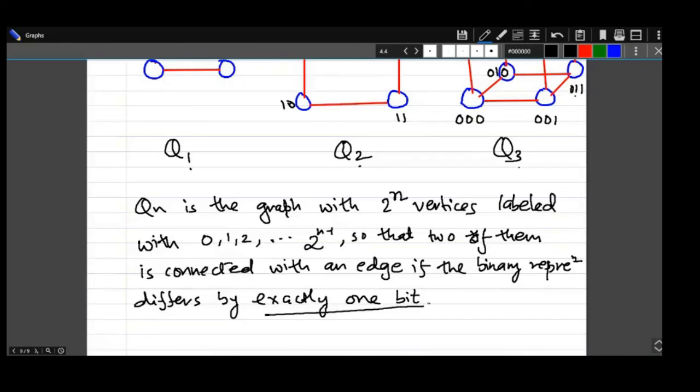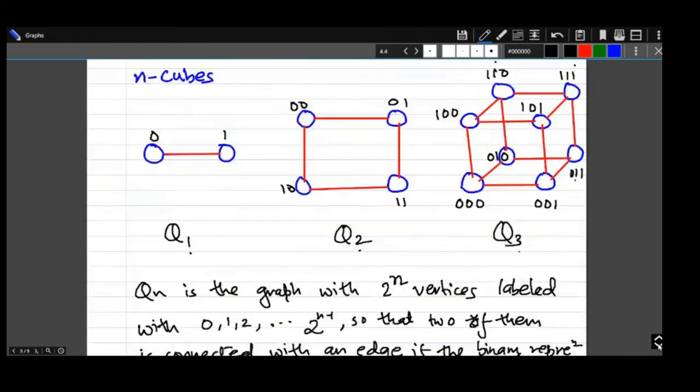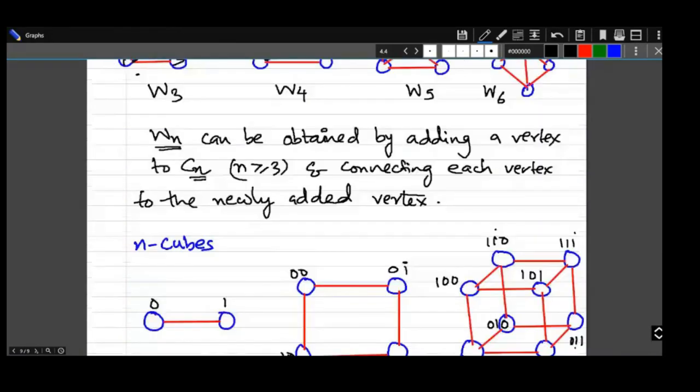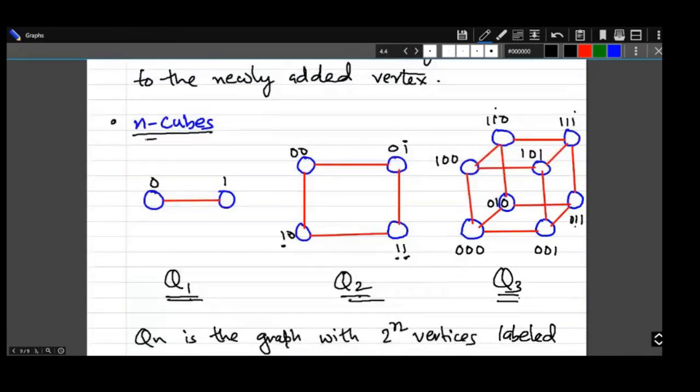Okay, so you underline it. Look at this, 0 0 0. Only this bit is different. 0 0 0, this bit is differing with this. Okay, 1 1 1. So 1 0, so this bit with this, and this bit is with this. So that's why 1 1 is on this side. I cannot write 1 1 over here because it will have a difference of 2 bits. Okay, so that's why we have this hypercube connection, or this is called the n cube.